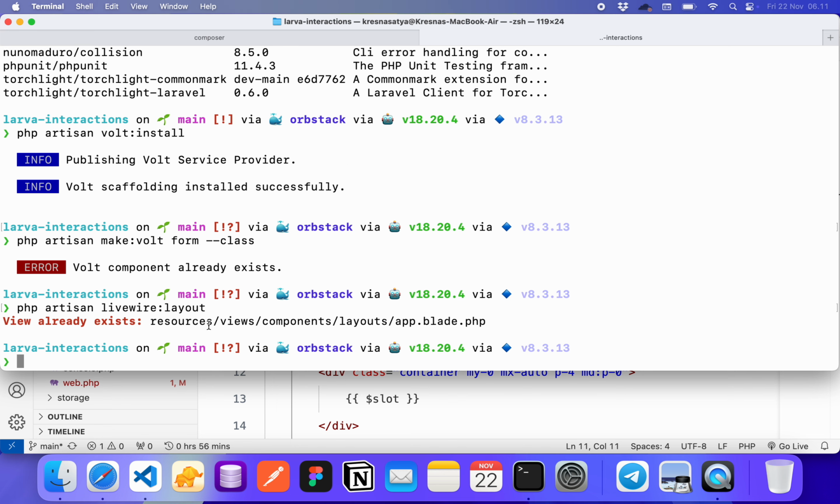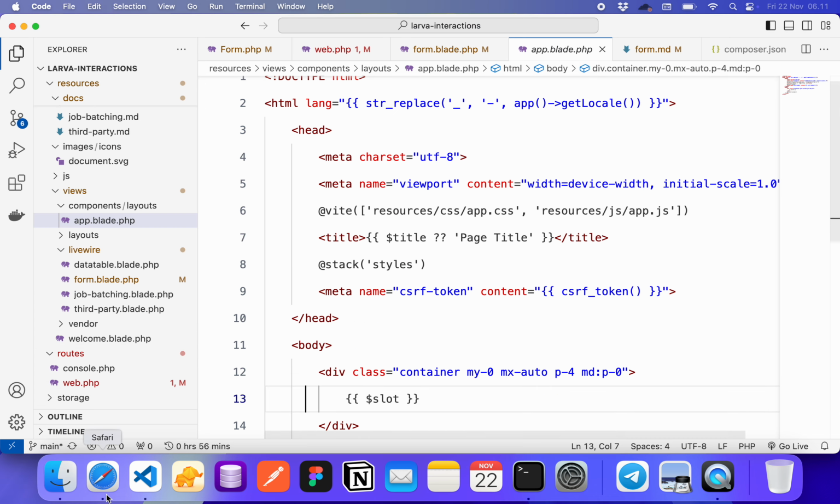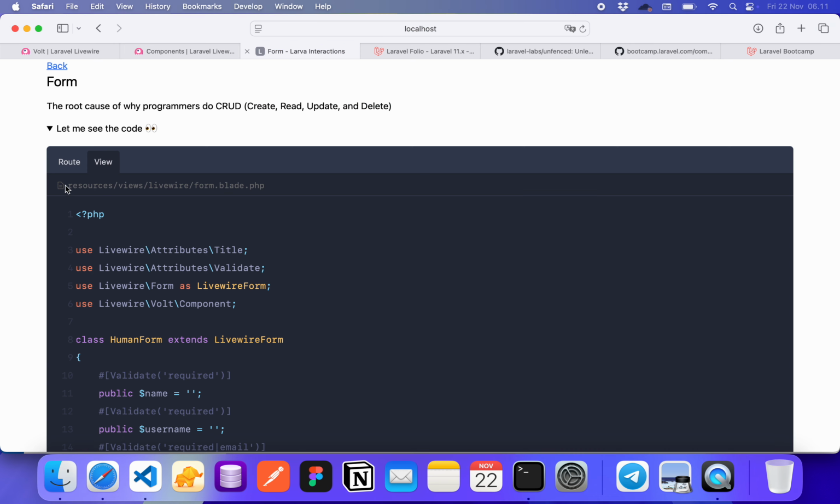It will give you the scaffolding of layouts app.php inside the components. Because I already have it, it gives me the message that the view already exists. Okay, that's it for the form.